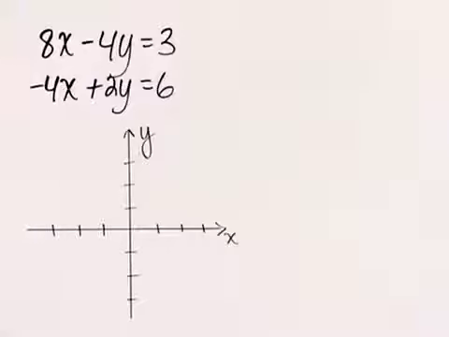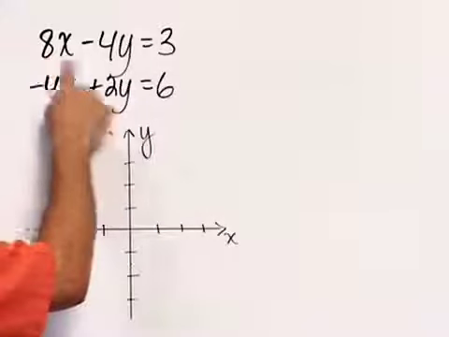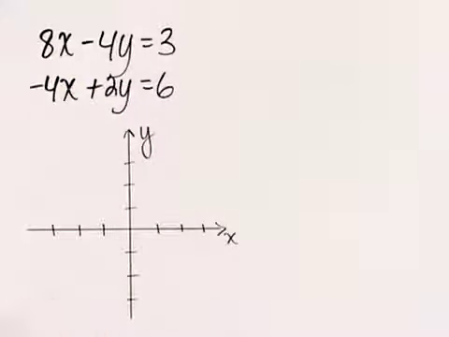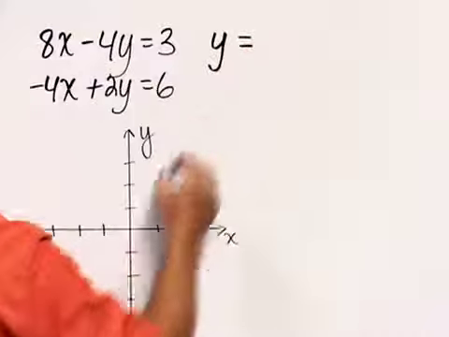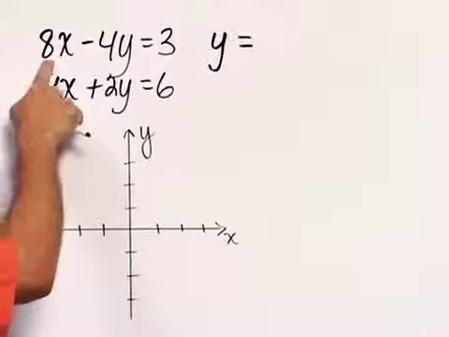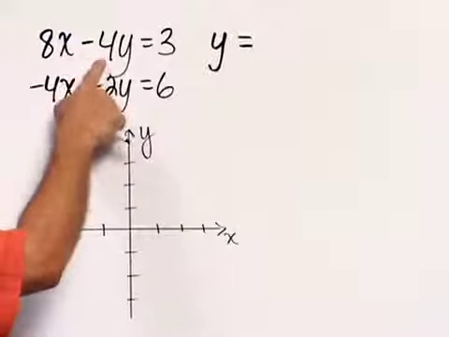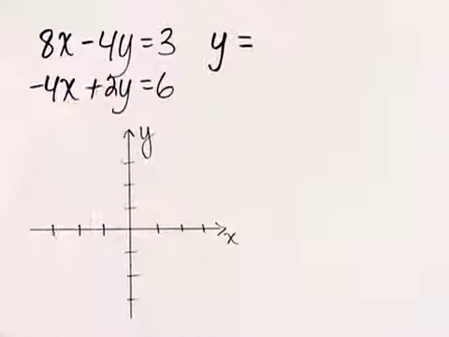To graph these, let's put each of them in slope-intercept form. So for the first one, we would have to subtract 8x from both sides. Then we would have to divide by negative 4. That result is y equals. Now remember, we're subtracting 8x and then dividing that by negative 4. So a negative 8 divided by a negative 4 is positive